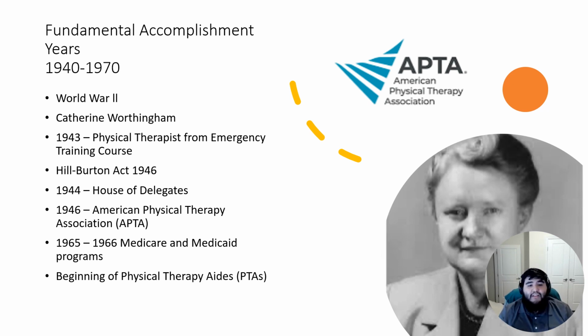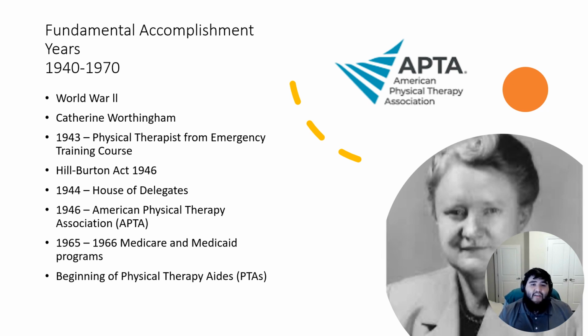In 1943, those who graduated from the emergency training course that they implemented for the war were now to be called physiotherapy aides. Instead of reconstruction aides, they were now known as physiotherapy aides. That wasn't until the U.S. Congress passed a bill stating that graduates from the emergency training course should now be called physical therapists. So with this name, they changed their recognition and wide range of responsibilities, which basically gave them more responsibilities.